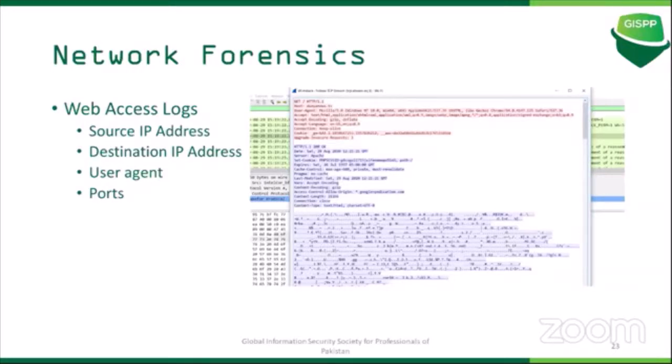So let's suppose if you get web access logs from the server itself, or if you have the complete PCAP, you will have the complete request header and what's going within that request and what response you are receiving. One of the most interesting features to look at here is the user agent. Usually if somebody within your environment is utilizing Kali or some other random user agent, which is not normal, not regular, you have not seen it, based on the known normal, then this is something that needs to be looked at.